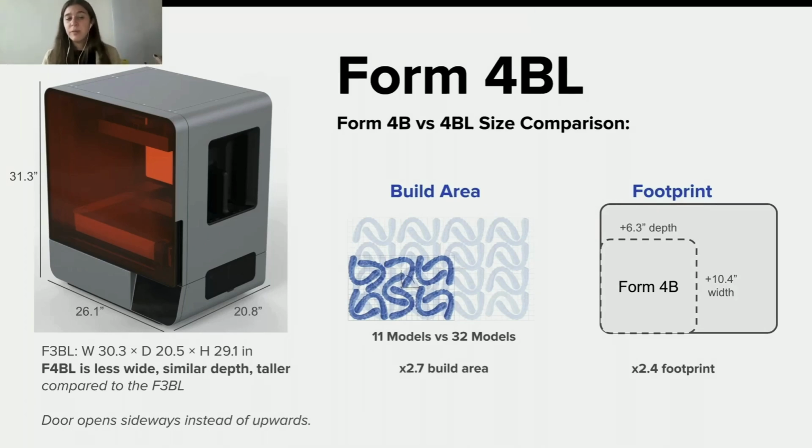So here we see a little bit of the Form 4B and Form 4BL also compared to the Form 3BL. So the Form 4BL is less wide, similar depth, and taller compared to the Form 3BL. One thing to note is that compared to the Form 3BL, the doors open sideways instead of upwards. So that is important to know when you're considering structuring your space. Now you don't need to have more room on the top, but because the door opens sideways,